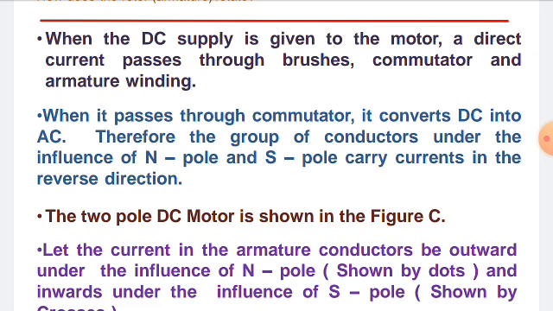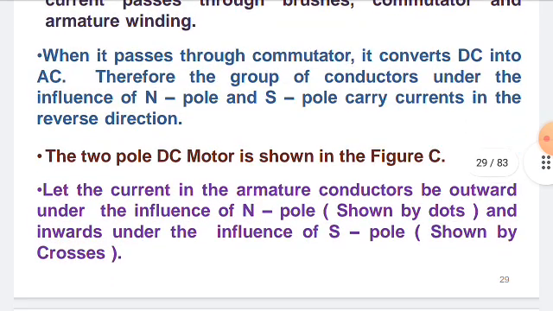The magnetic field lines enter into the rotor from the north pole and they exit toward the south pole. The poles generate a magnetic field that is perpendicular to the current carrying conductors. The attraction between the field and the current produces a Lorentz force. The force is perpendicular to both the magnetic field and the conductor. The two-pole DC motor is shown in figure C.